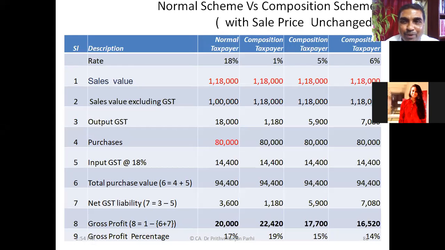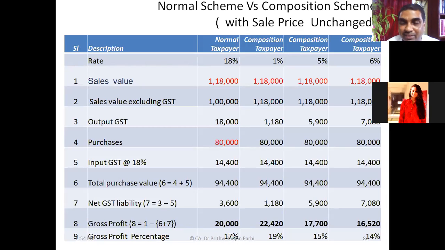Are you agreeing to this or not? Product prices are the same. Let us say you are buying a pen from a regular dealer at 100 rupees. Another dealer might be a composition dealer. You can find he is also selling at 100 rupees. This happens or not? Yes, sir. Most of the cases it happens because they purchase from a dealer who might be a regular dealer. For both of them, the purchase price is the same. Of course, the person who is opting for the composition scheme can sell at a concessional rate because effectively his GST liability will be less.